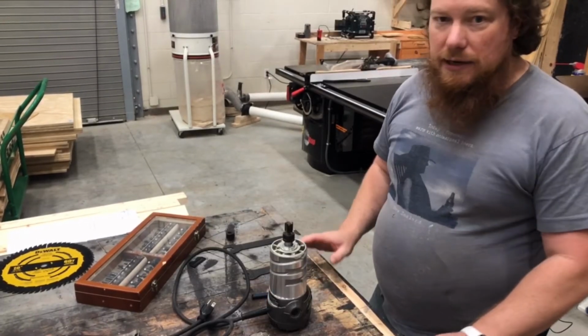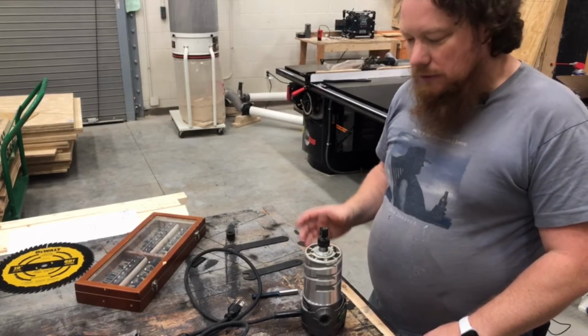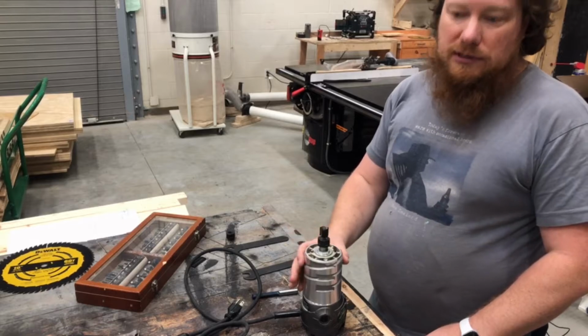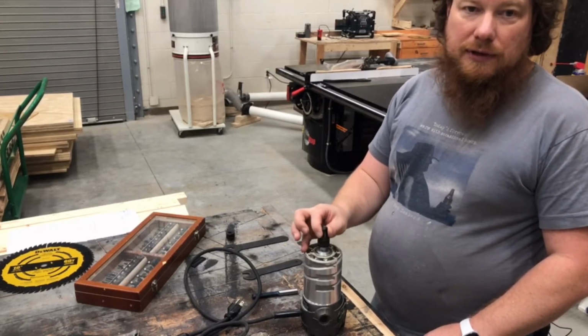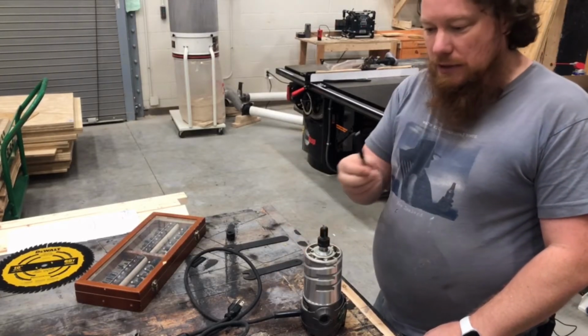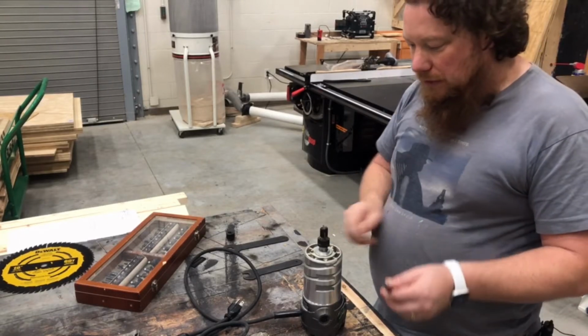The next tool I want to talk about is our router. We are going to replace this 3/4 inch mortising bit with a much longer 2.5 inch mortising bit. I demonstrated in last week's video this 3/4 inch bit isn't deep enough to go through our router jig that we made, so I'm going to replace it with this 2.5 inch